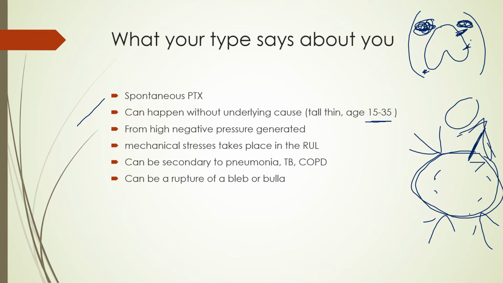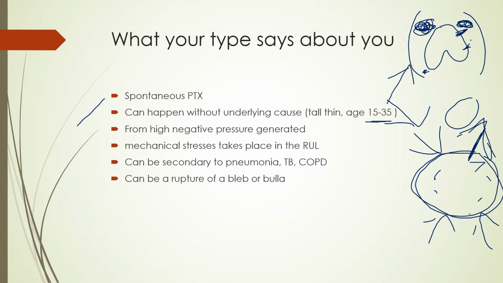So it's more common in their apices, of course, and that's where you'd see it. Now, does it mean it's going to cause a tension? No, it actually rarely causes a tension pneumothorax. They would usually have chest pain, things like that. And usually it's a less than 20% pneumothorax as well. But hopefully you sort of see that tall, thin,